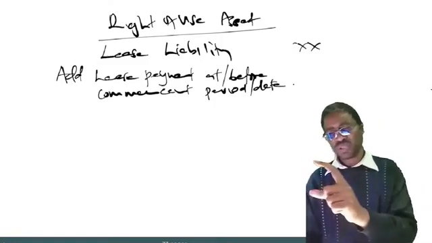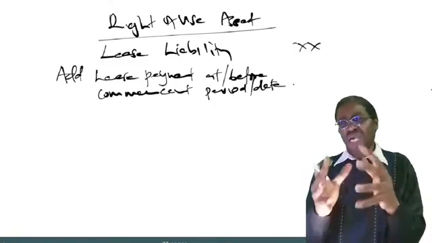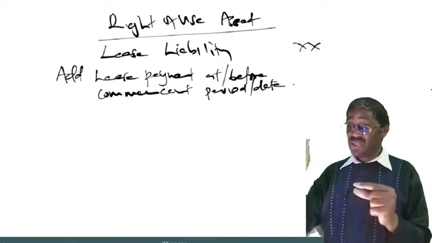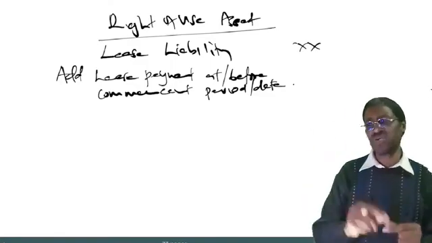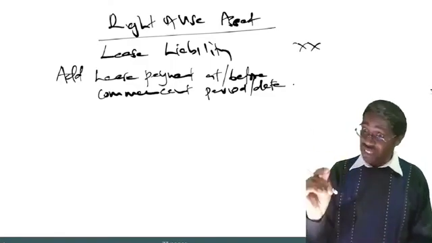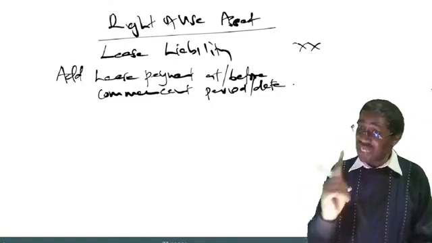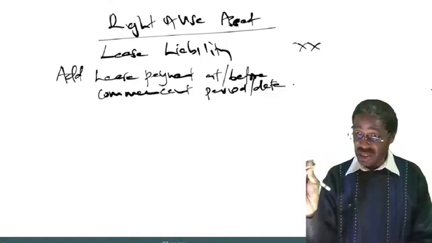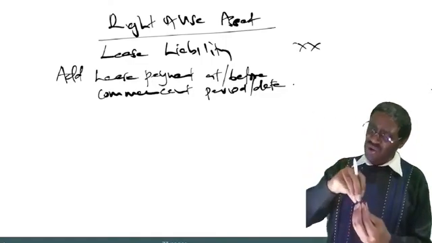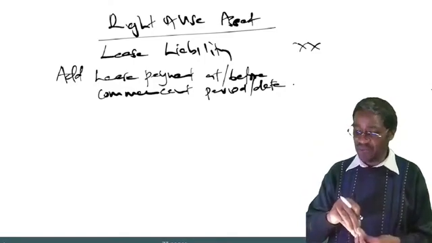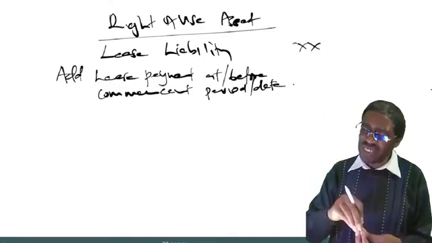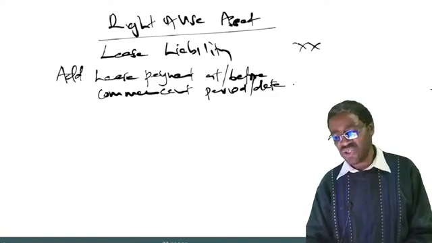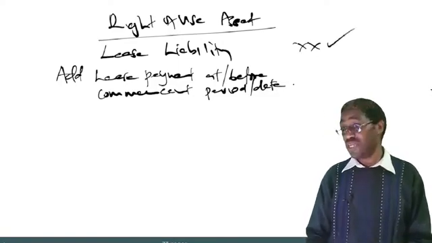I told you, if you as a lessee agreed with the lessor that you'll be paying your installments in advance, 2 million, 2 million, 2 million, 2 million, 2 million in advance, then to get the lease liabilities you had to get the present values of how many installments? 9. But remember, there is a first one you are going to pay today. So if you are paying your installments in advance, the first one you are paying today is not